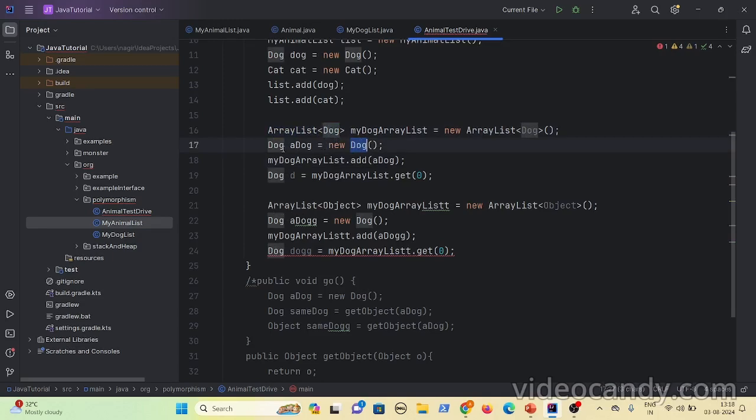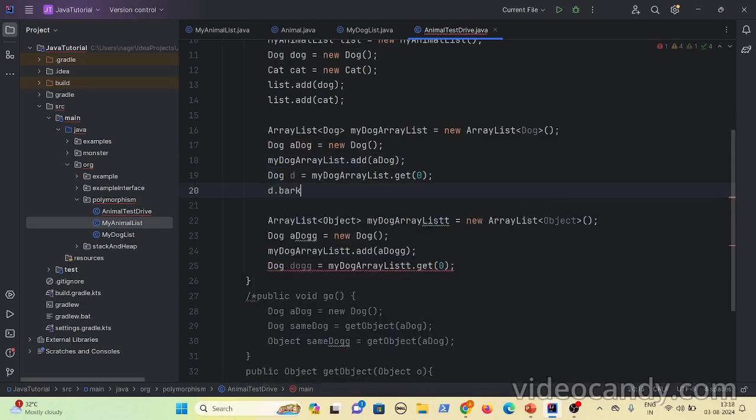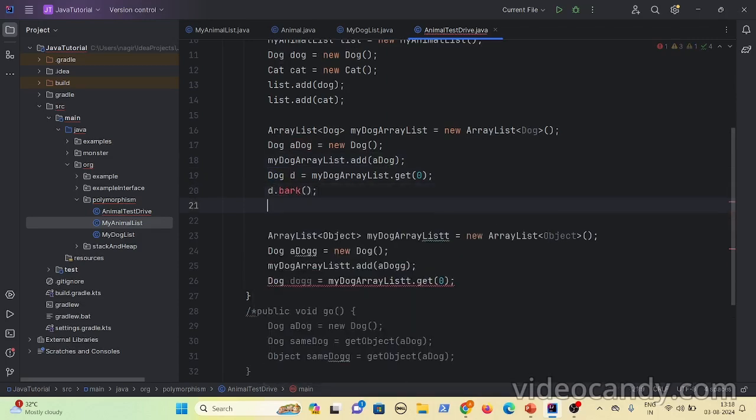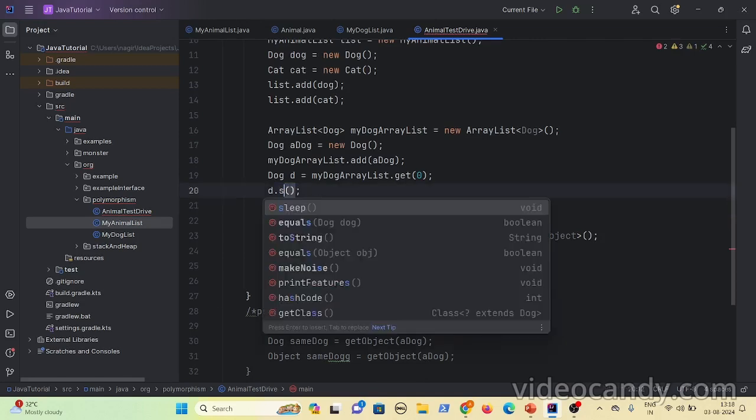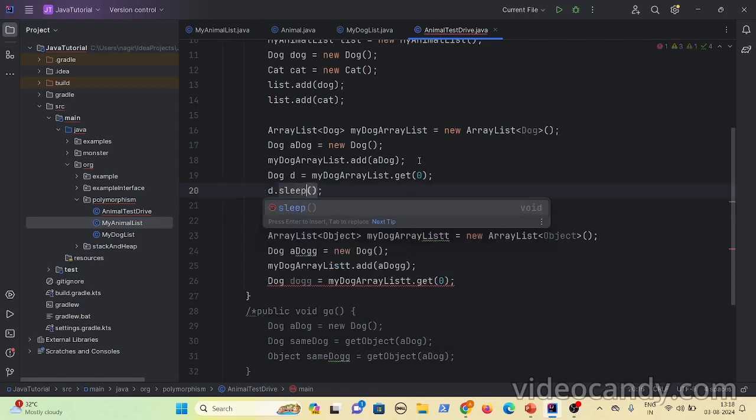You create the dog object and add the dog reference variable, and even when you fetch elements from the ArrayList, like get of 0, you get the dog object. Then you can invoke d.bark, d.roam, d.sleep, you can do everything like this, because you add a dog and you get a dog object in return.